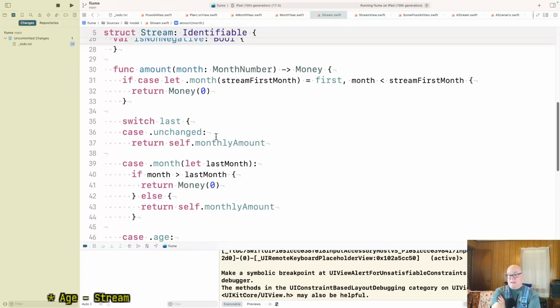We could also say, when I generate possibilities, maybe I'm going to go through my list of all my streams that I've described, and substitute in the month number for the birth date. And to do that substitution, I need to know the start date and all the people.